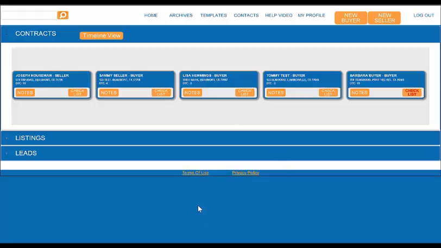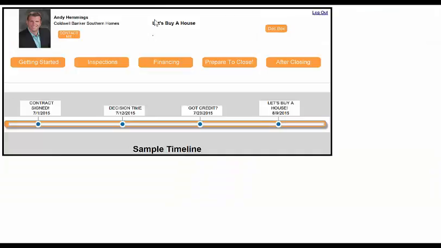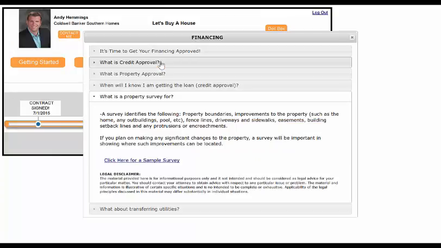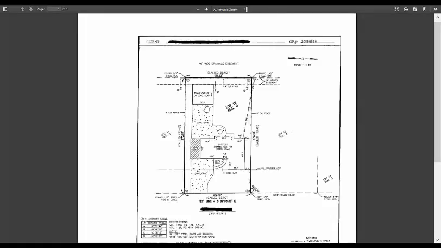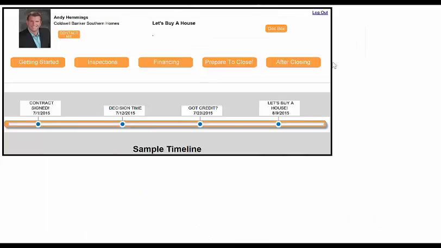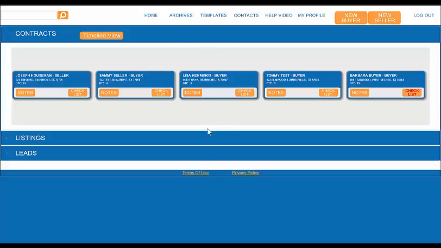So in conclusion, Clearly Closing is a system where you can become a better consultant than ever to your clients by providing them access to and transparency into the real estate transaction process, providing them access to documents that you need to review with them, providing them with a customized timeline and reminders for their transaction, providing them access to all of the closing documents, all while giving you the ability to very easily manage your leads, your listings, and your closings